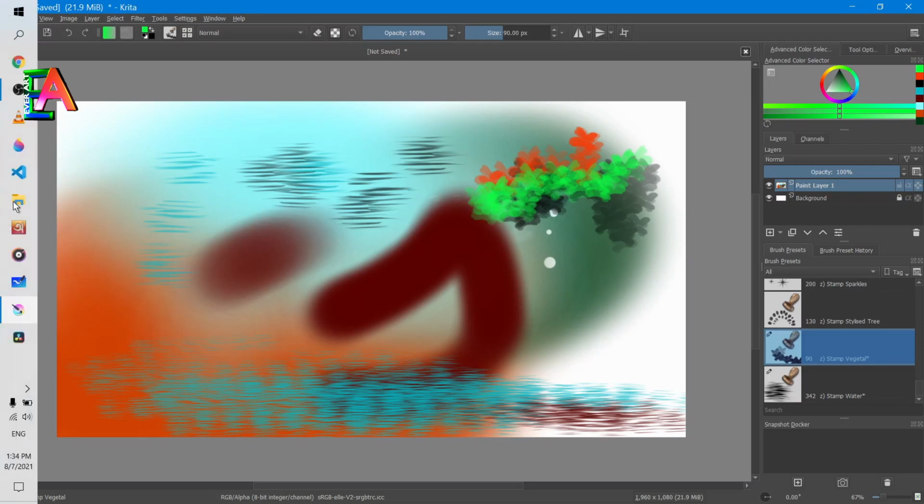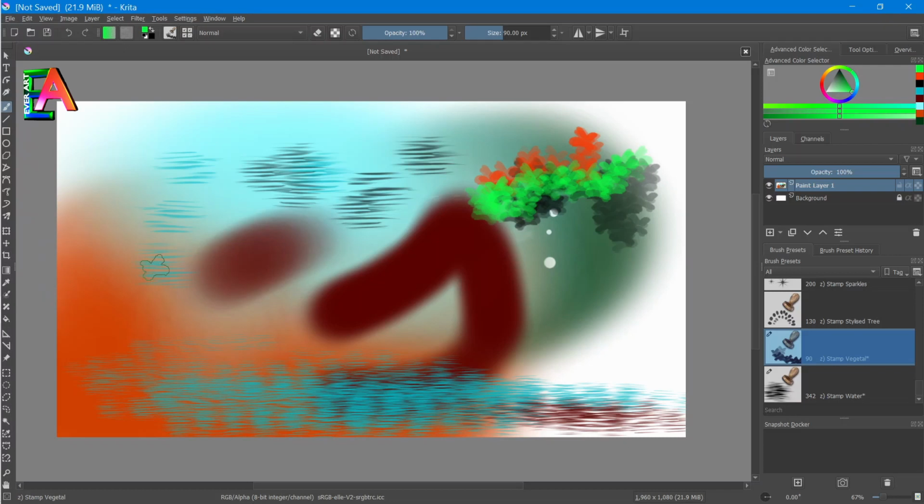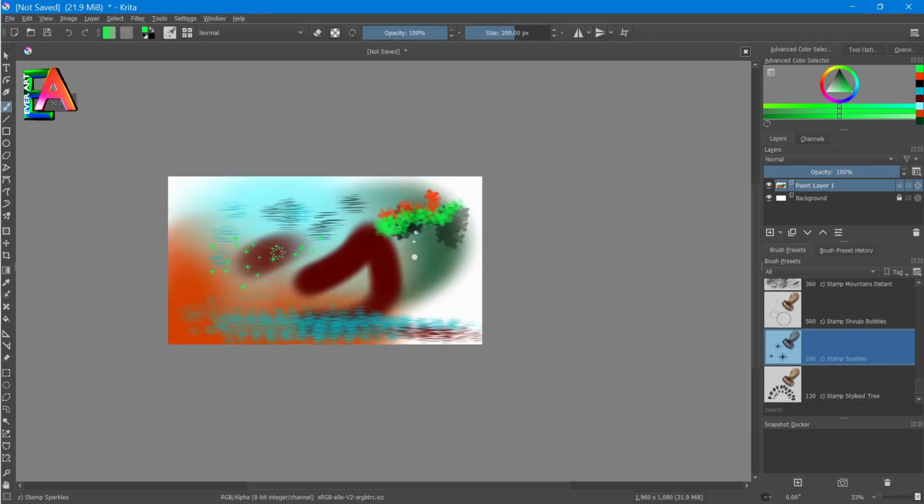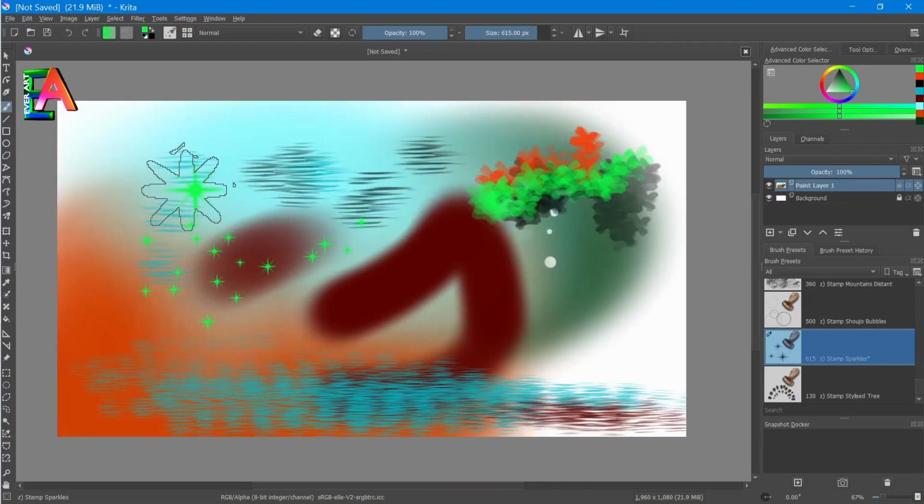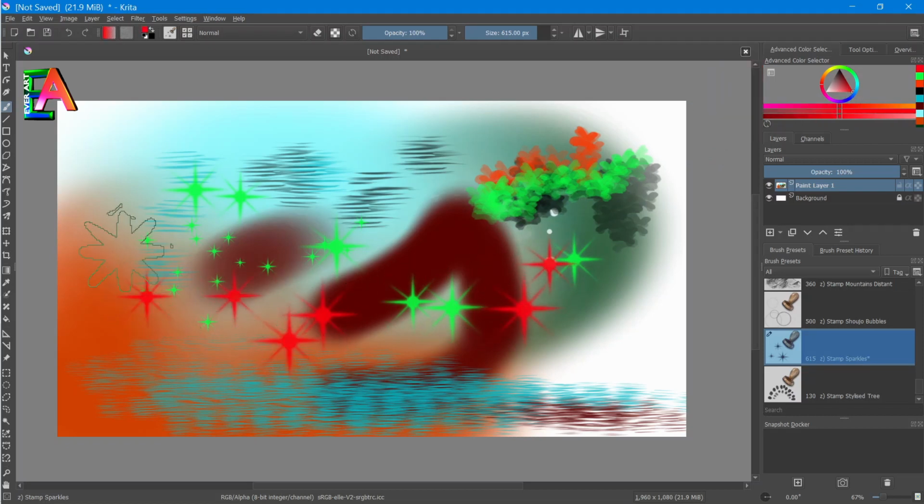here has a lot of options available in this column. I am going to show you that, but in this Krita software, the main facility of this software is you can also search the brushes from here, and a lot of styles are available. You can use this kind of stamp sparkles like this in your drawing. If you are willing to make any kind of styles to your painting, then you can do it like this. You can see it looks gorgeous.